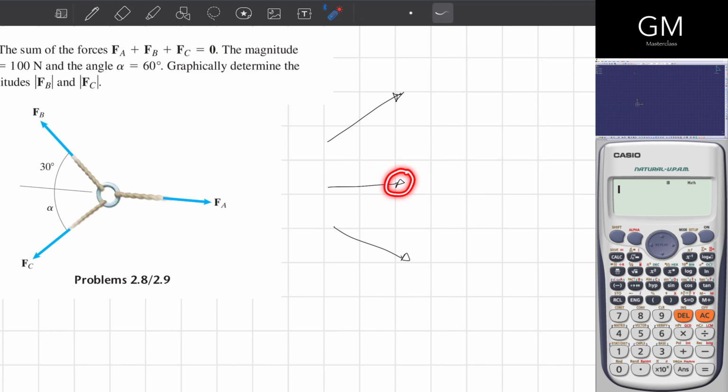I'm going to move one of the vectors, in this case this one, and the statement that I have to comply with is that this vector must be touching tail with head. The tail of the vector that I've moved with the head of one of the other two vectors. In this case, I'm going to do the same thing right here. And the answer of the summatory of these three vectors will be